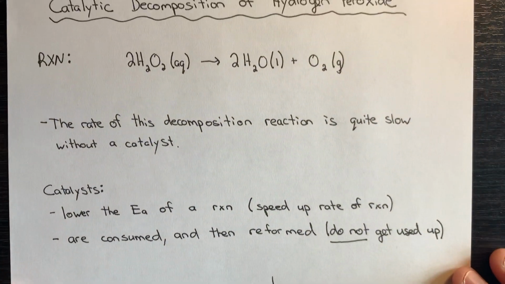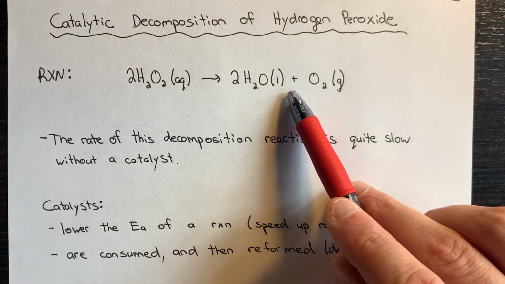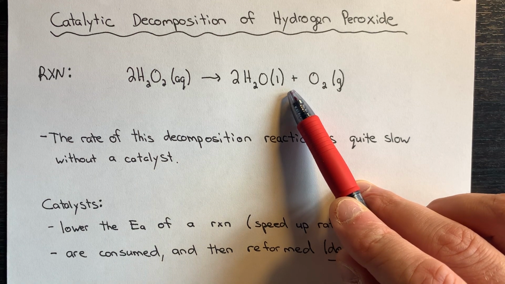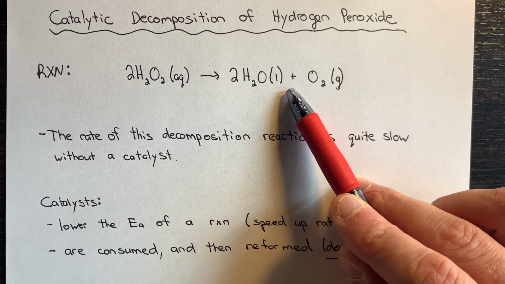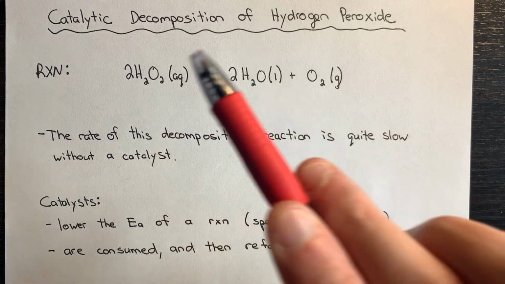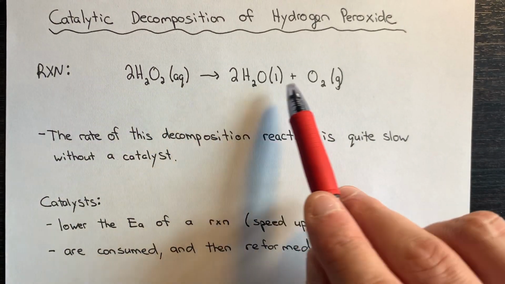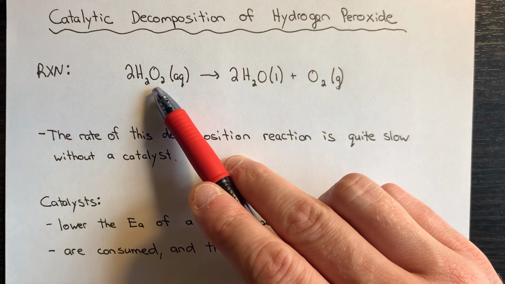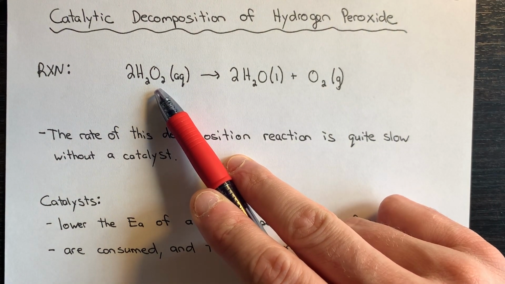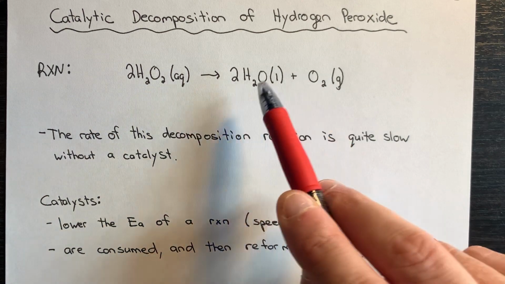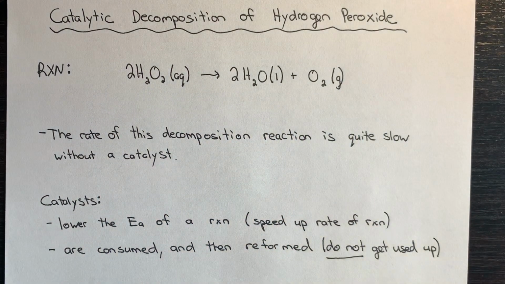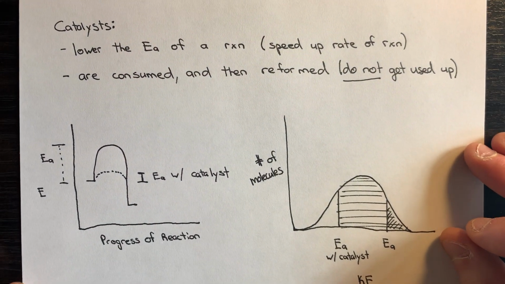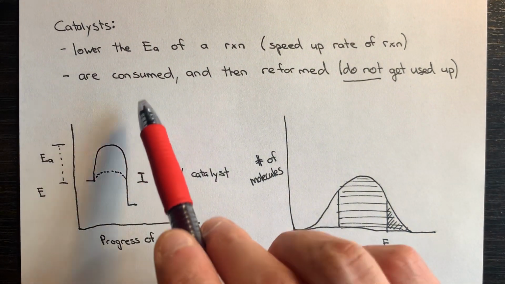Now, the reaction we're studying would appear as though it takes place in a single step. What is more than likely is that it occurs in maybe two, possibly even three steps, where what we don't have written in this equation is the presence of several intermediates. Maybe this decomposes into an intermediate, and then that intermediate in turn finally forms our water and our oxygen. Okay, but no matter the mechanism by which the reaction proceeds, a catalyst is always going to be consumed